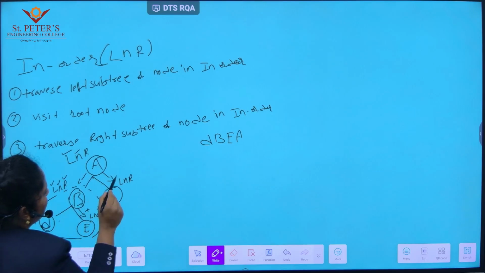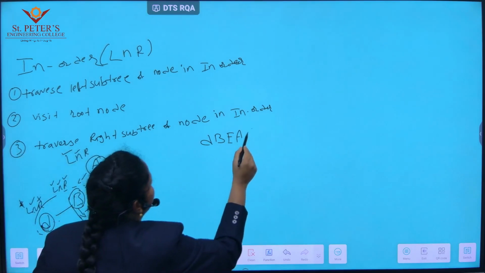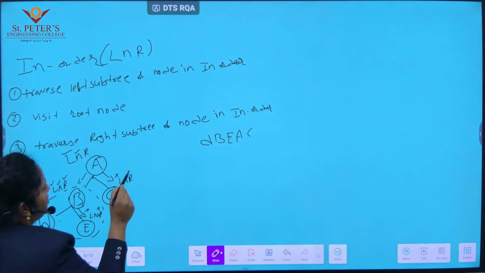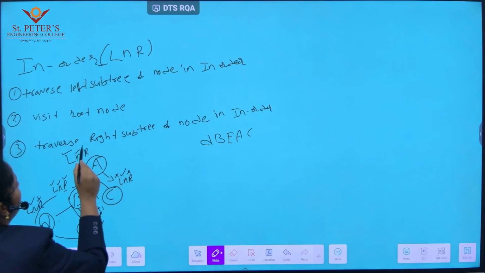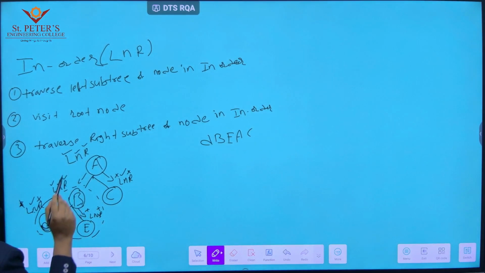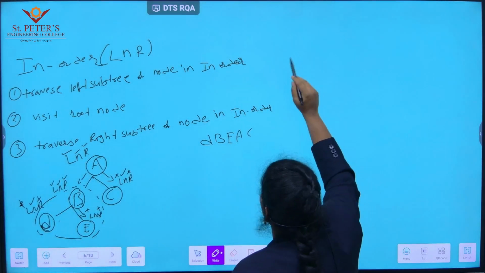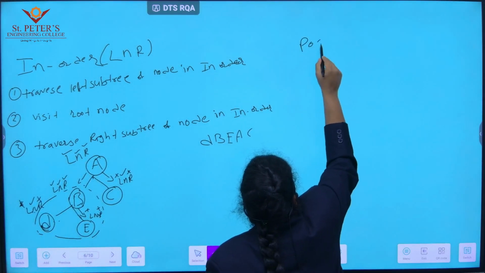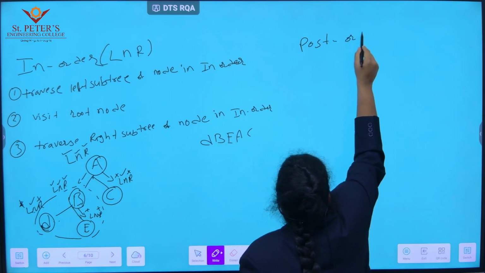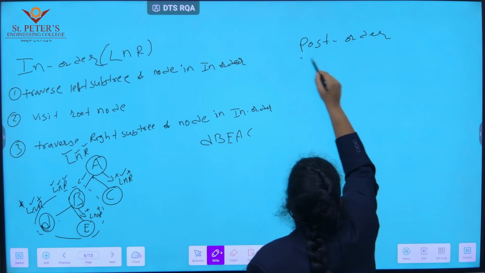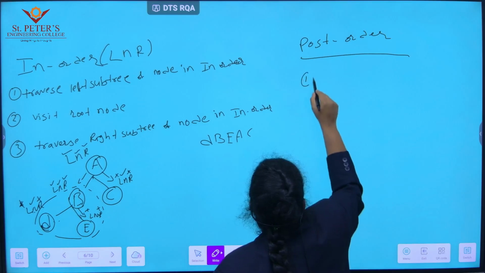L is there? No L. Node is there? Yes, node is there. R is there? No R. So complete right part of the node also completed. So last one is post order. In post order, the first step is